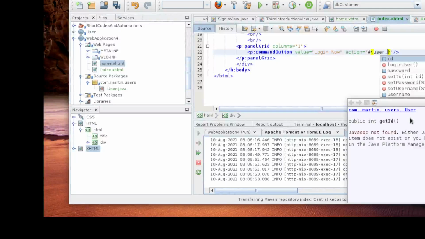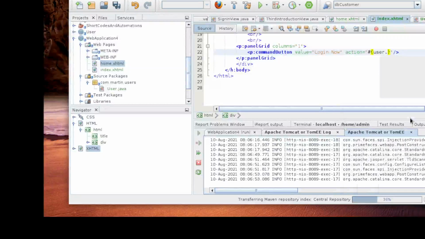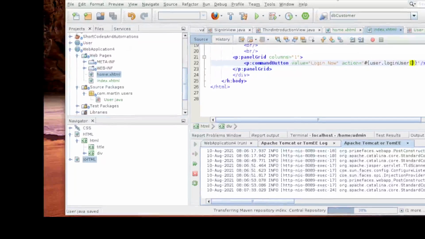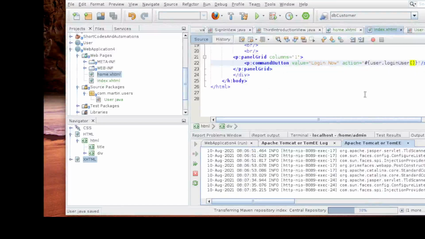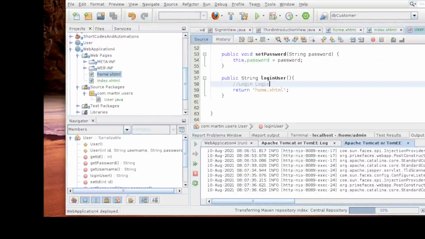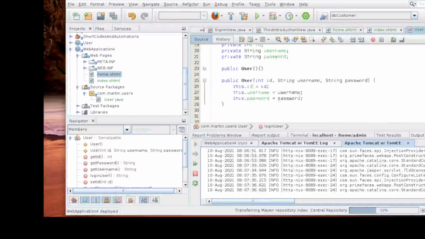So you can go to that, you can see it's visible, dot loginUser. Okay, so now our UI is connected to our Java code. This Java code is now connected to our UI.